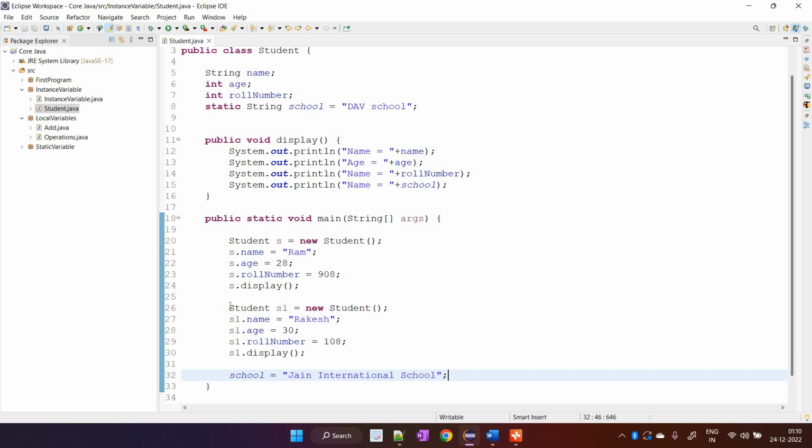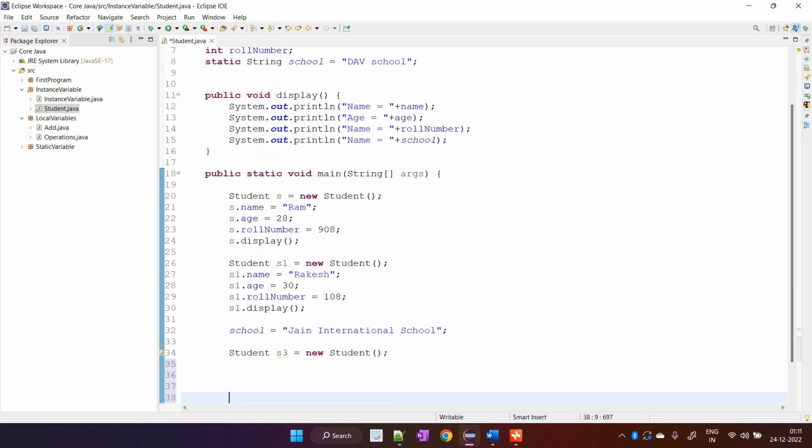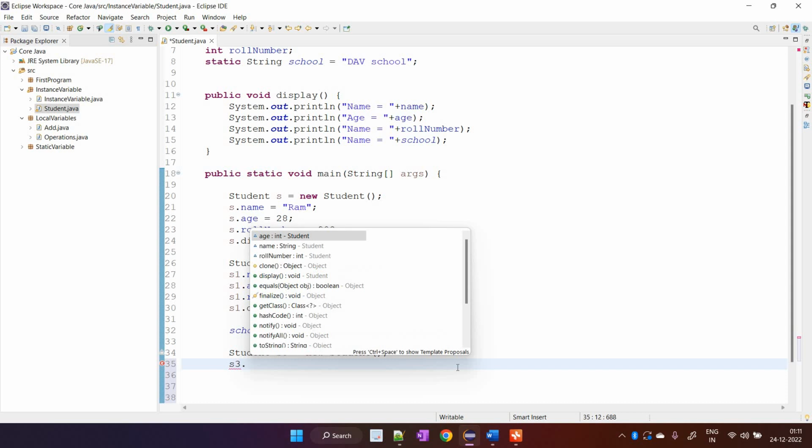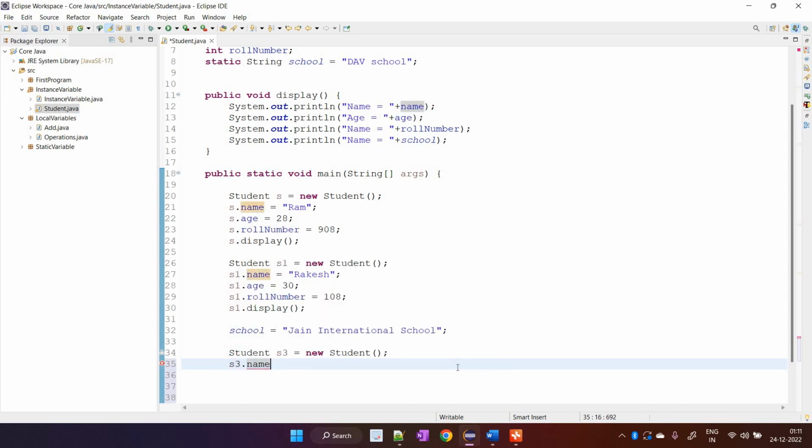During the course of time, if you are doing this, and after that if you are creating any object, student s3 equals to new student. Now after this, if you are just going to call s3 dot name,